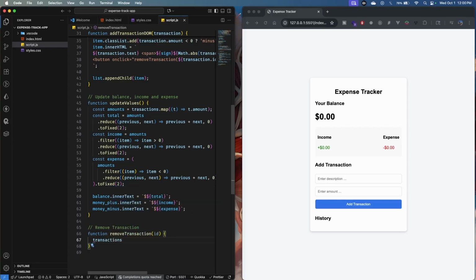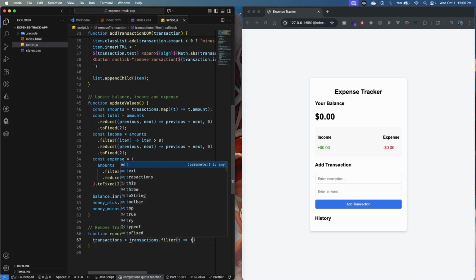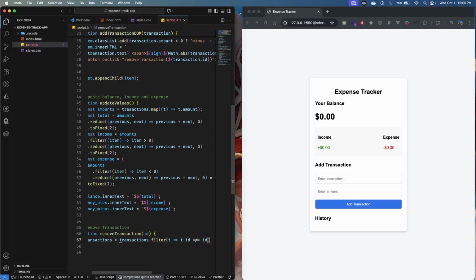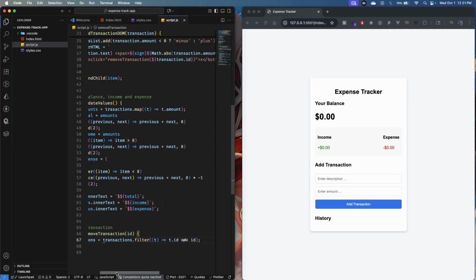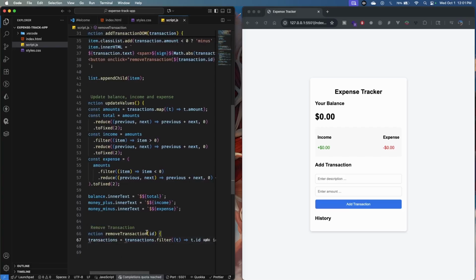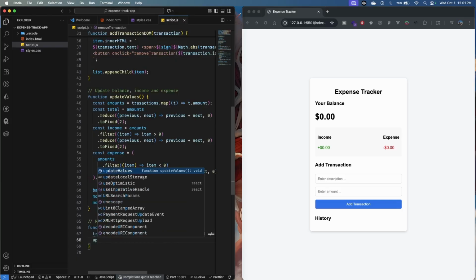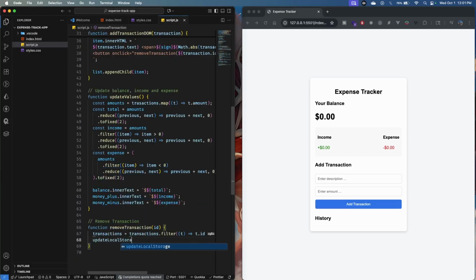Transactions is going to be equal to transactions.filter, and then we want to filter the transaction that t.id is not equal to the ID that we are passing from the parameters. So in this way, we are filtering the transactions that are different to the one that we are passing that we want to remove. Okay, and then we want to update local storage,